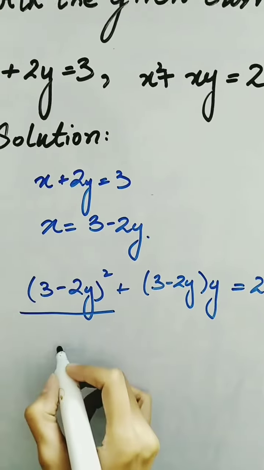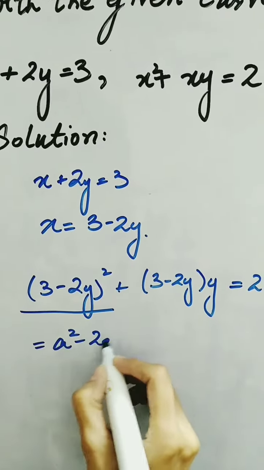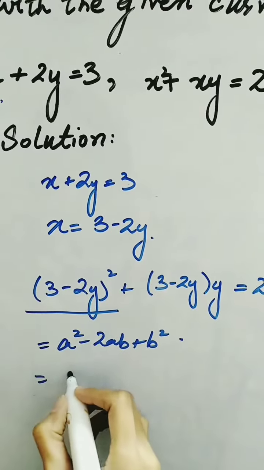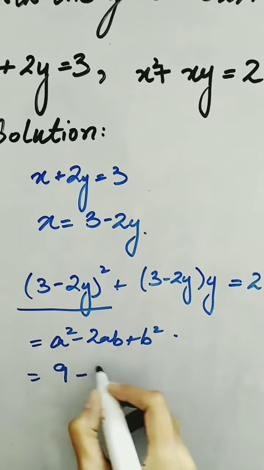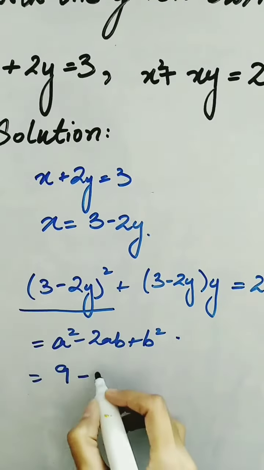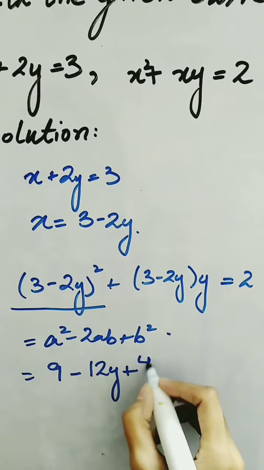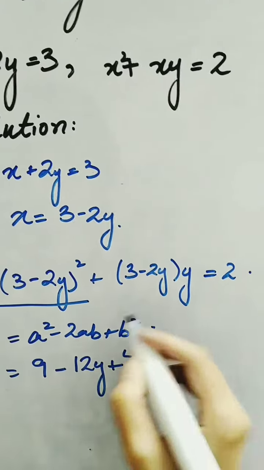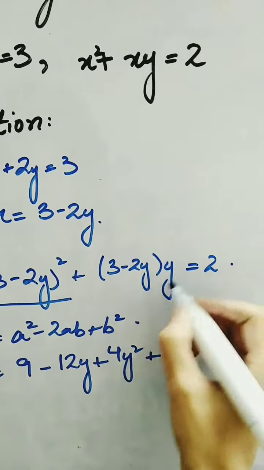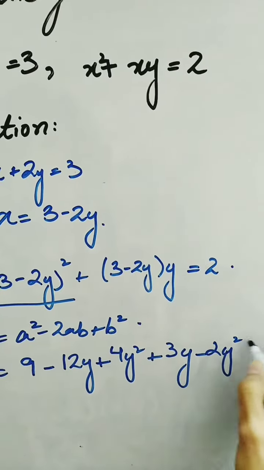By applying the formula of a minus b whole square, which is equivalent to a square minus 2ab plus b square, we will have a is 3, 3 into 3 is 9, minus 2 from the formula, 2 into 3 into 2y, 12y, plus 4y square, as b is 2y, plus 3y minus 2y square is equals